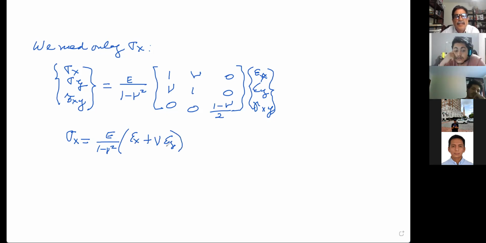So this is something very interesting. In this case, you could have said that, and I don't take any points out of there. I'm going to write in red, because epsilon x here is incorrect, since this is for the unit strain case. In this case, no, because this is plane stress. What happens in the x direction is coupled with what happens in the y direction. That's something we insisted on in this chapter. So this is the way to calculate it. You have to calculate epsilon x and epsilon y. And finally, to complete this review,